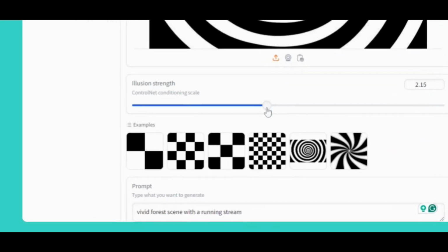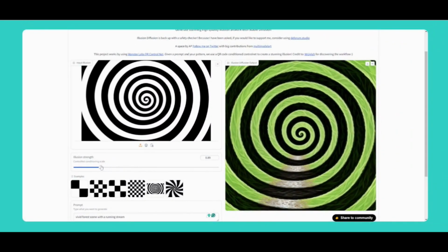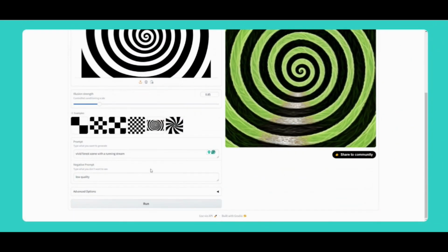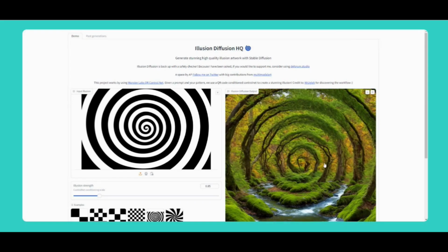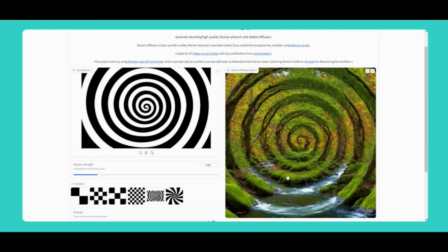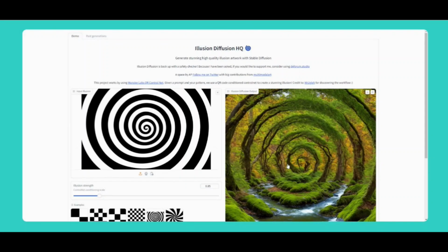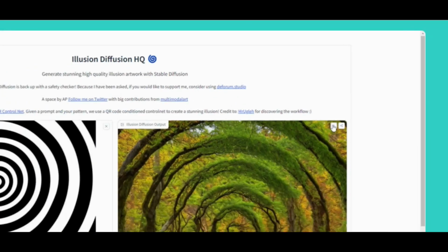Let's lower the illusion strength so it uses our prompt more in the generation. Click the download button to download the image to your